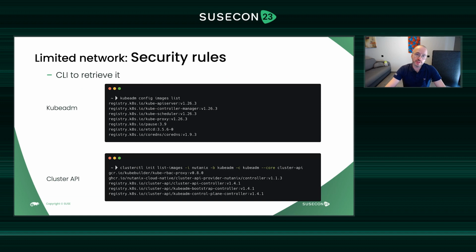Depending on the tools you are using to deploy Kubernetes, there are some tools that allow you to dynamically get the list of images needed to install the Kubernetes cluster. For example, with kubeadm, you have kubeadm config images list, where you will have the list of images used by the tool. Same with Cluster API. We have clusterctl init --list-images, and you give the name of the provider you plan to install, and you will also see the list of images. Based on this information, it's pretty easy to open the specific rules inside your firewall to give access to your Kubernetes cluster and to your install tools.